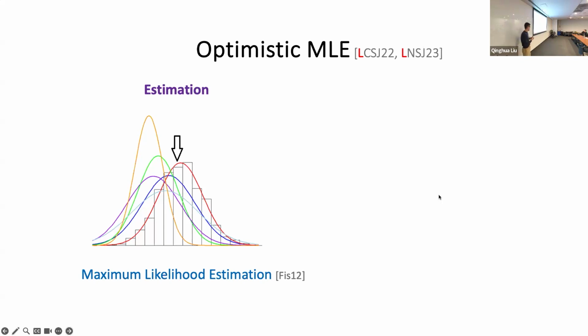This algorithm is extremely simple. It builds upon two classic standard ideas from statistics. The first idea is maximum likelihood estimation, which everyone knows. I give you a data set, and I ask you to estimate the model. According to the principle of maximum likelihood estimation, we should pick the model which has the highest likelihood over the data.